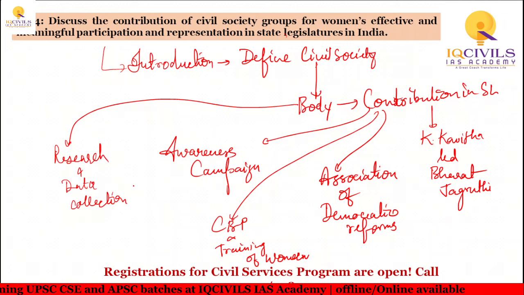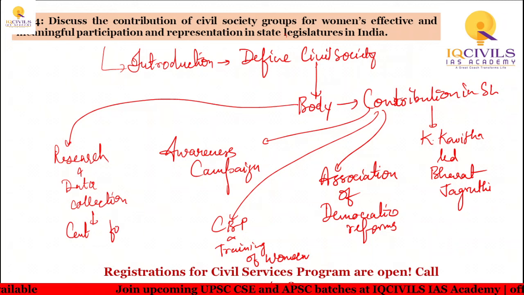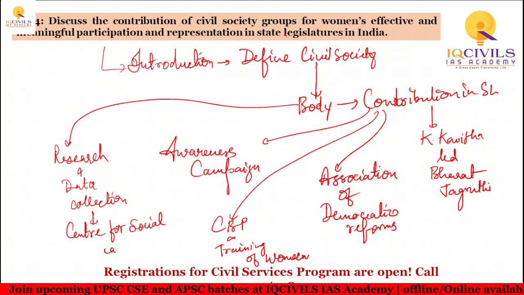Now, research and data collection. बहुत सारे ऐसे एनजीओज हैं जो रिसर्च और डेटा कलेक्ट करते हैं विमेन पॉलिटिकल पार्टिसिपेशन पर, रिप्रेजेंटेशन और उनके चैलेंजेस पर। इसीलिए एक ग्रुप बना है जिसका नाम है सेंटर फॉर सोशल रिसर्च। So there is a group called Centre for Social Research, okay. Now, this is an advocacy group for women, okay, which conducts research on the status of women empowerment